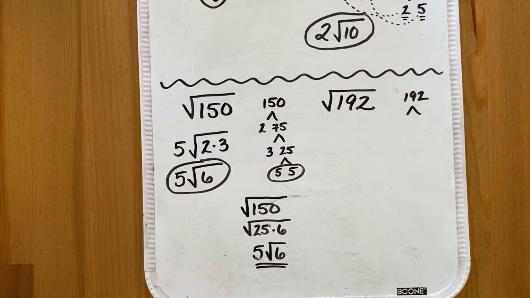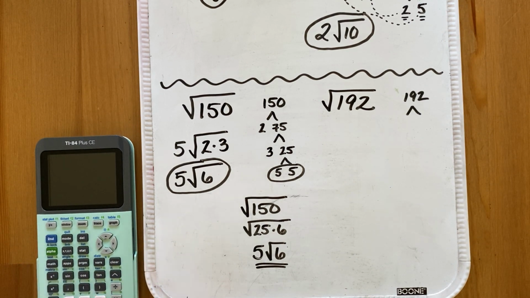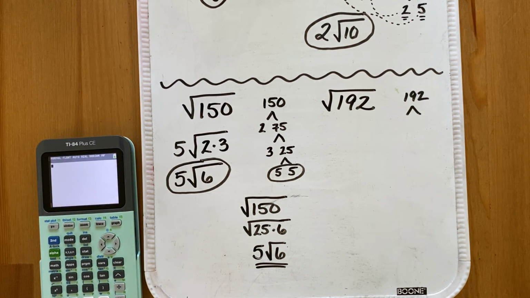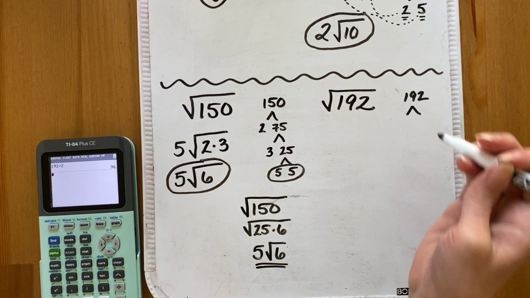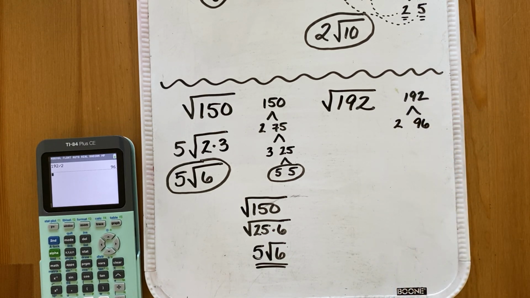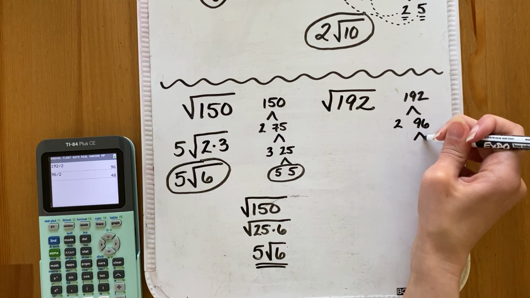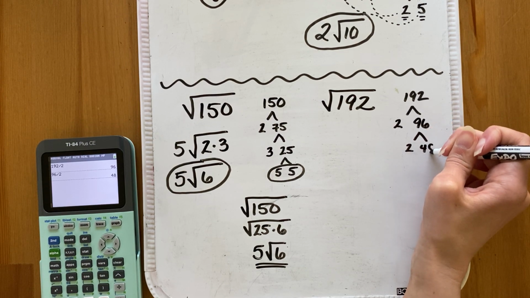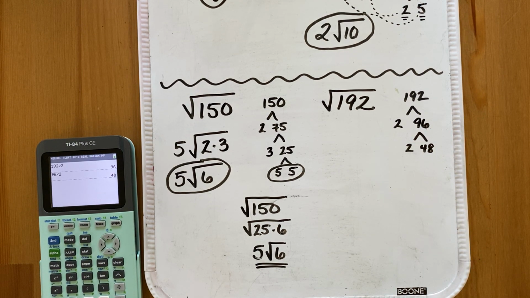Okay, so I am going to bring my calculator in for this one because I'm not really sure what this is going to turn out to be. So I'm going to have 192 divided by 2. All right, looks like that turns out to be 2 and 96. 96 is still pretty big, but again, I'm just going to take it and try dividing by 2. Okay, I got 2 and 48. All right, if I divide 48 by 2,